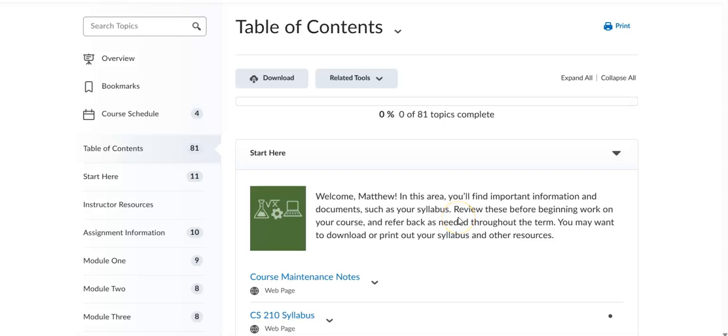Hey there, CS210 students. In this recording, I'm going to go through the details of using Southern New Hampshire's Codio to complete work. So first thing is when you access the course, if you click to the table of